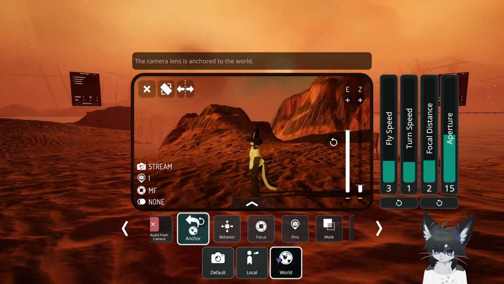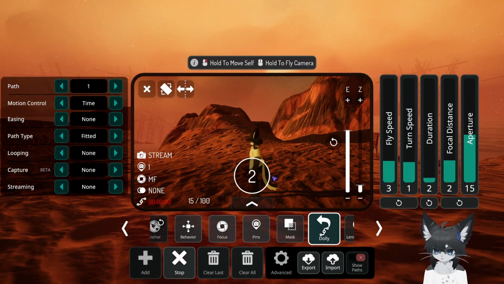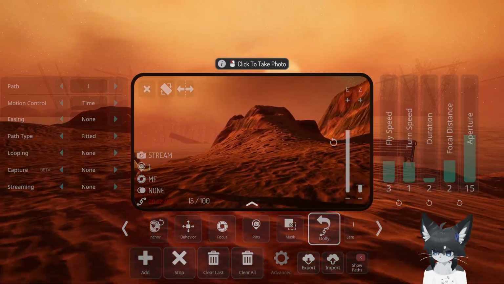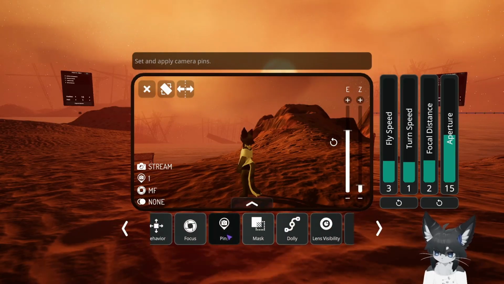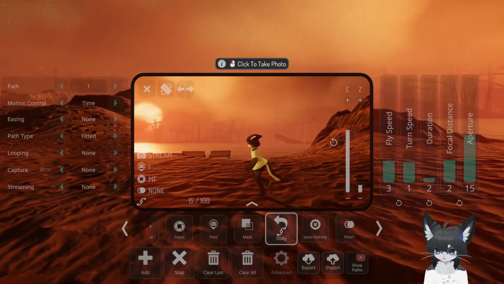Also, the anchor matters. So now the anchor is set to world. If I play the dolly and I myself move around, the dolly will stay in place and I can run away. But if I set the anchor to local and play and I move around, then it will move around